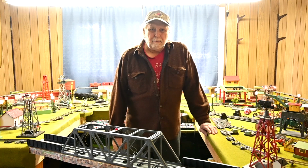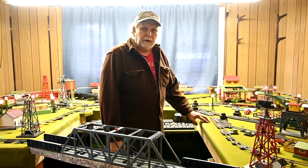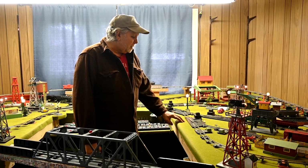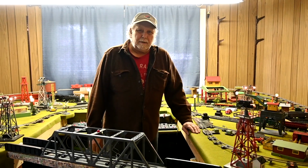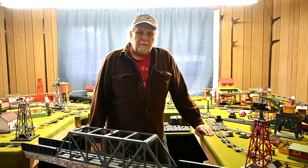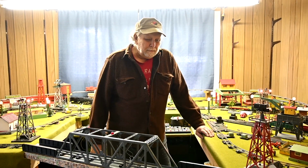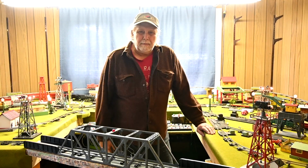So we're over at our American Flyer layout here. We'll run the trains a little bit and operate some of the accessories, but I want to talk about hobbies, like fun hobbies. You have to have a nice balance between work hobbies and fun hobbies. And fun hobbies like this one, you think, oh, it's just an old toy train, which it is, but